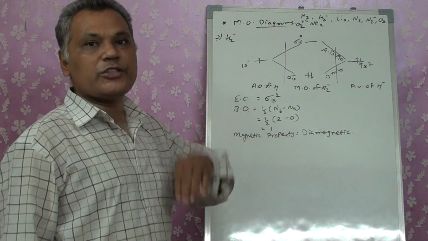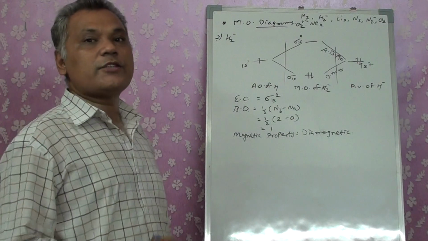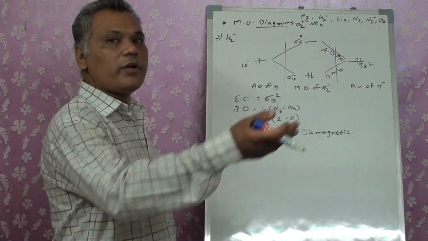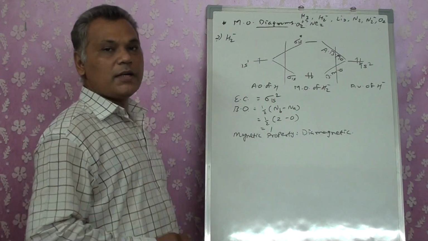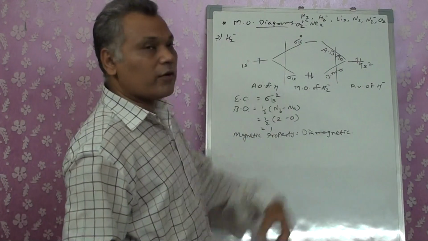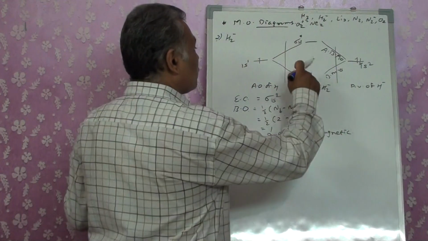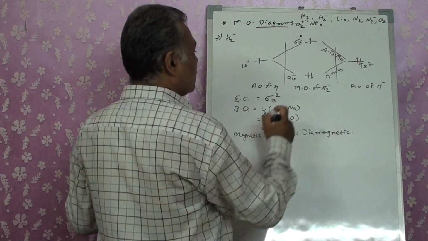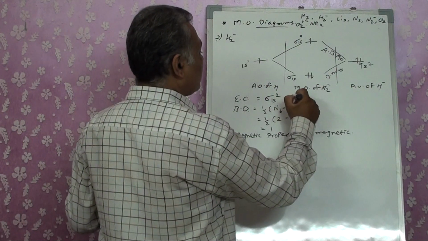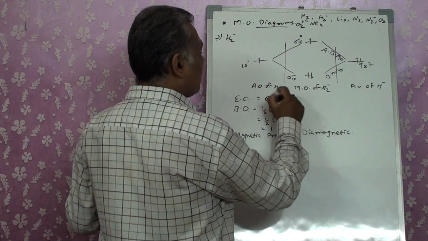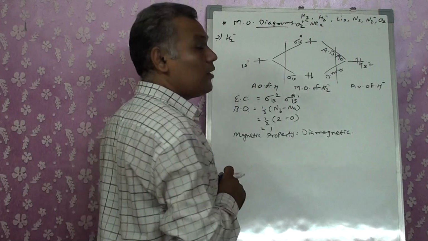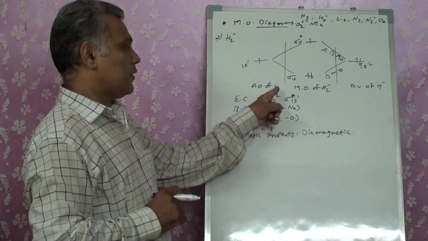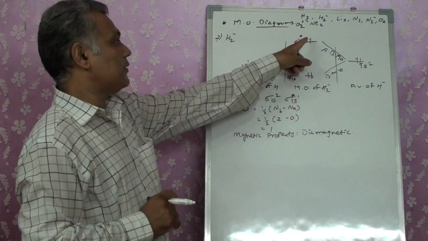One electron is additionally from the outside. If it is H2 plus, that means the electron won't be there. It has donated an electron. Minus means it has gained an electron. So now how many electrons do we have? 3. So 1, 2 and the 1 electron will get in over here. So the electronic configuration we are going to get is sigma 1s2, sigma star 1s1.